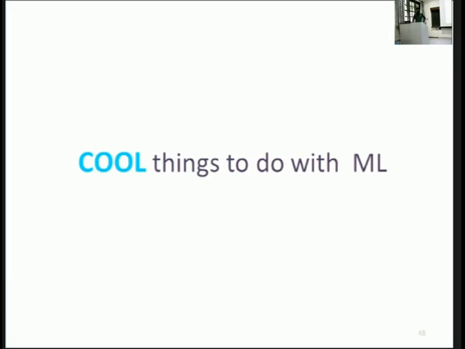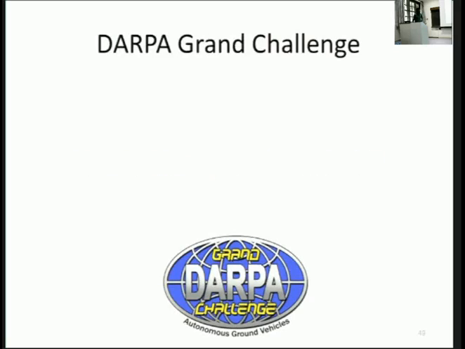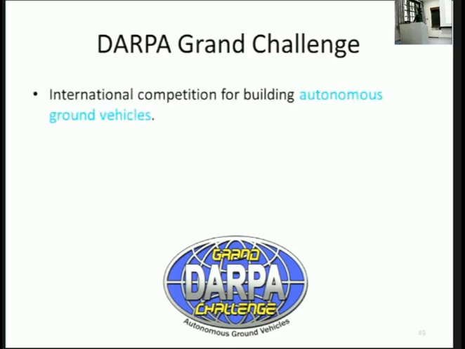Cool things to do with ML. Right, so I'm always excited about talking about this. It's one of the things which brought me into this area of AI, and there's something called the DARPA Grand Challenge. I was probably in the 3rd or 4th year of BTech. It was out and a lot of videos, and I was very excited about this. So the idea is it's an international competition of autonomous ground vehicles, and this was before the whole fuss about autonomous vehicles by Tesla and Google and everything started coming up.